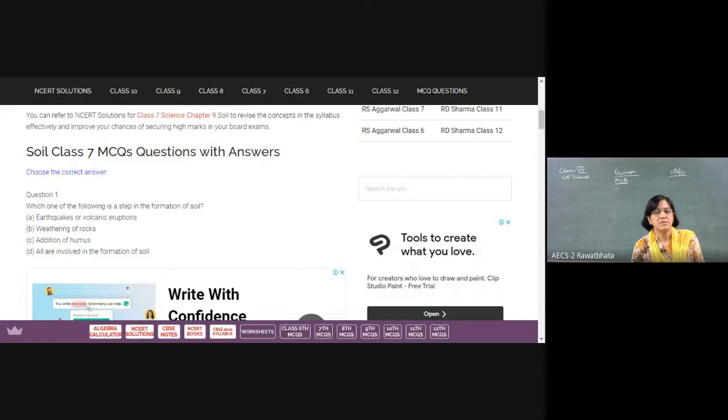B horizon is a bit thicker. The soil is a bit coarse, rough. Only very, very tall trees can penetrate down to that level. C horizon is, of course, almost next to impermeable, and the last one, D horizon or the bedrock, is totally impermeable. Basically, we can say all the life forms exist only in horizon A.